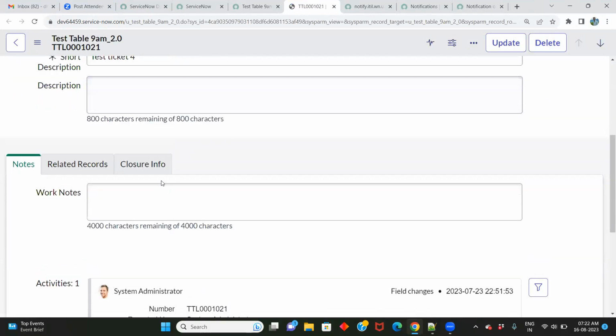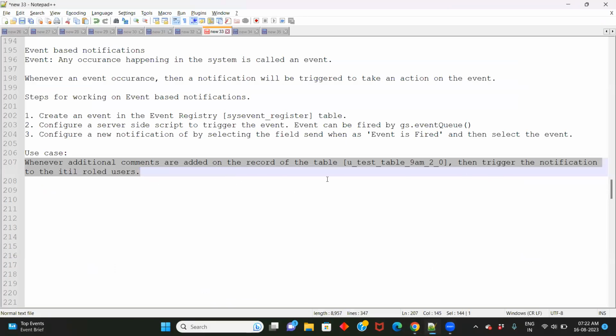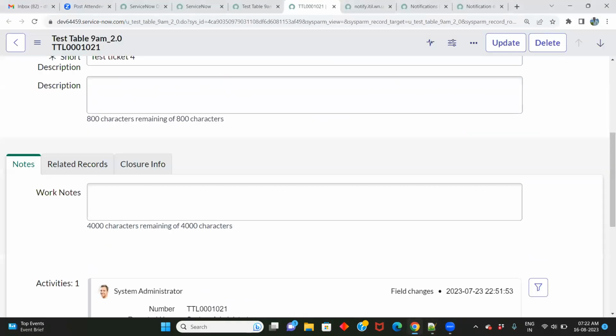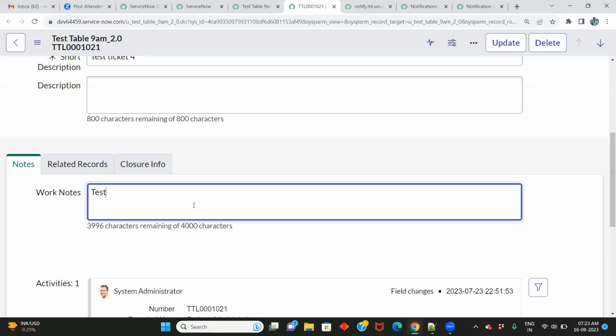Whenever you are adding work notes, is it work notes or additional comments? Say work notes. So whenever you're adding work notes, say update one, and then saving,